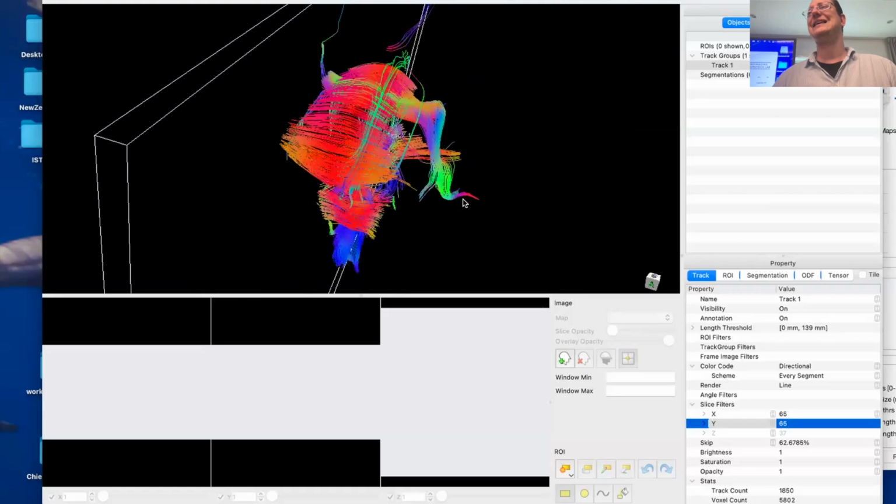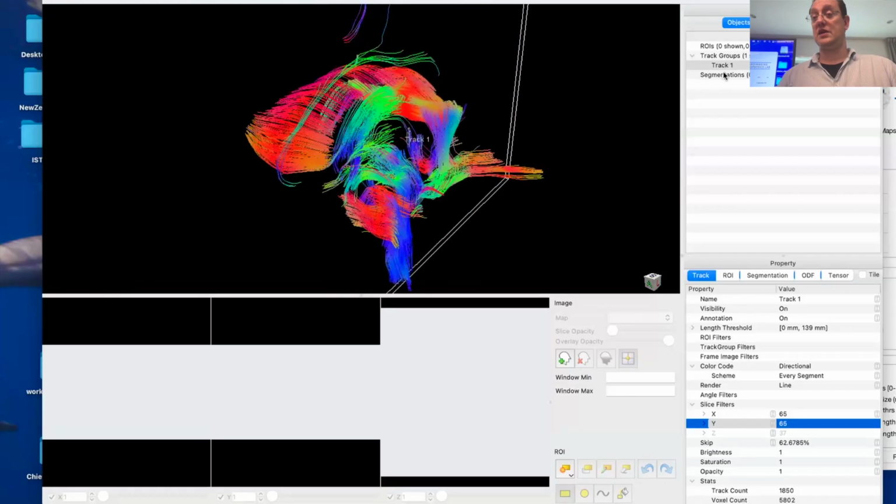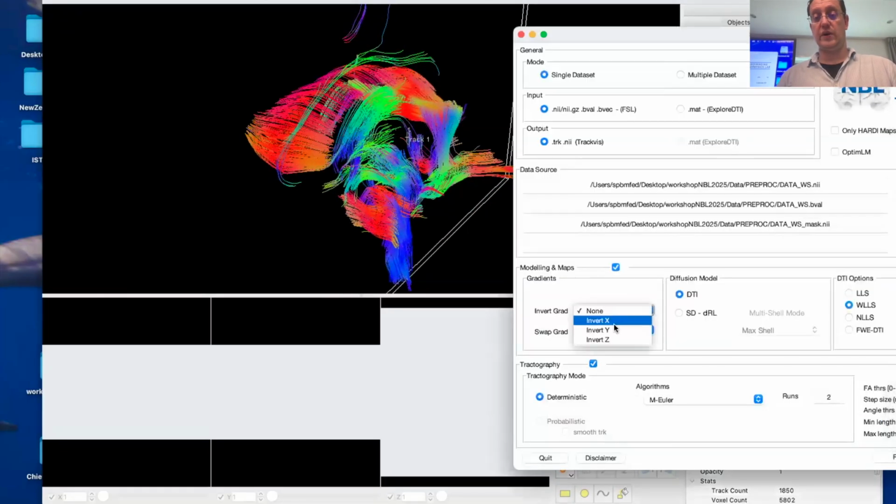Okay, so that means that the gradient table is not matching my data set. Okay, so my suggestion is always get a reasonable, healthy subject, do preprocessing, see, turn around. Usually 99.9% of the time invert X is the right orientation, but I don't know, if you have a very old Philips or Siemens, they've done something weird. Even if you have maybe some post-mortem imaging or preclinical data where sometimes the orientation is completely weird, then you might need to play around to get the right anatomy. When this is fixed, so now we know that we get the right one,